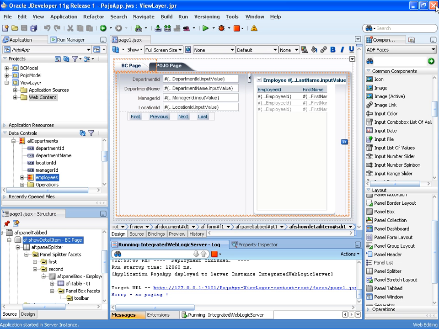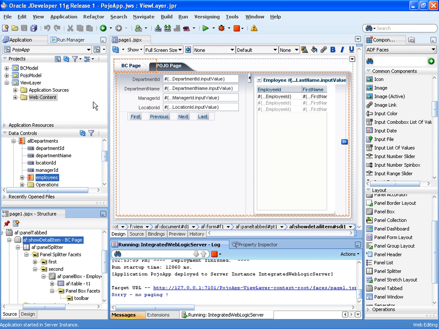So one last thing we'll show now is, you may be aware that in ADF business components you have features such as UI control hints, where you can define labels or how to format a field, and also validation that can be done declaratively. Now that's a built-in feature of ADF business components. Wouldn't it be nice if we could have that sort of facility for other data services like Pojos and web services? Well, you can in a way. ADF Business Components provides another way of adding UI control hints